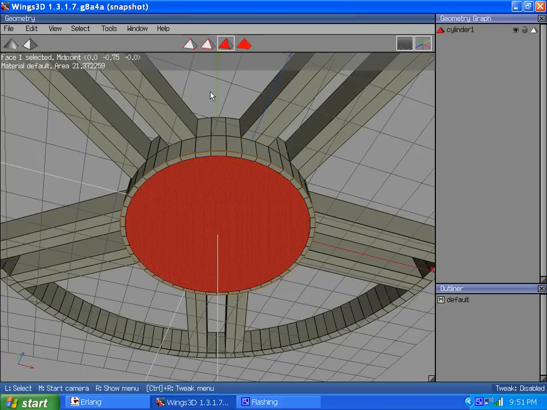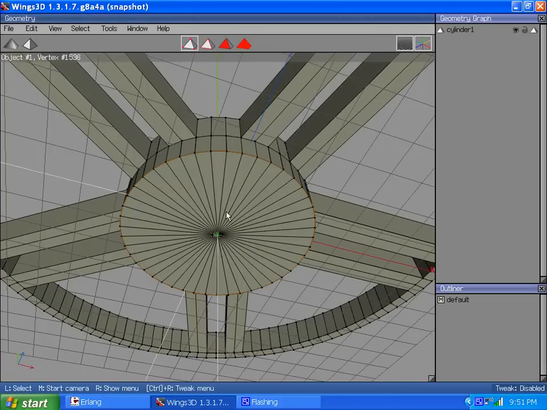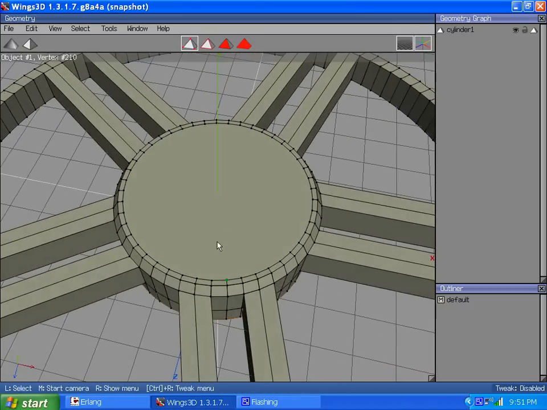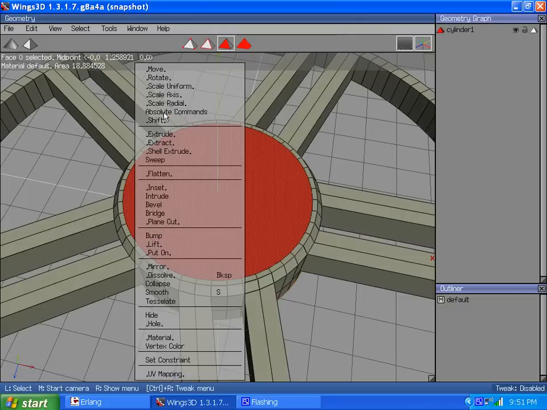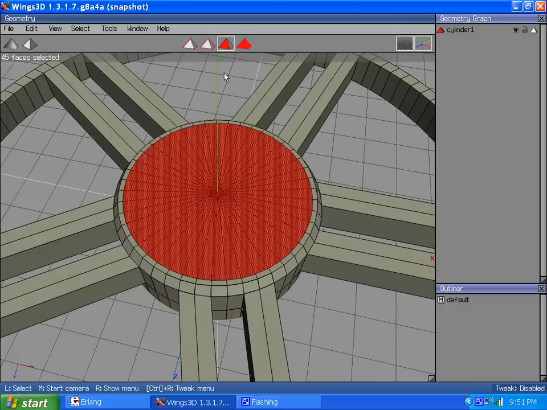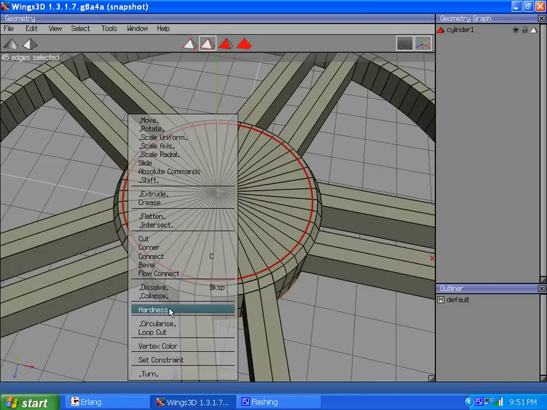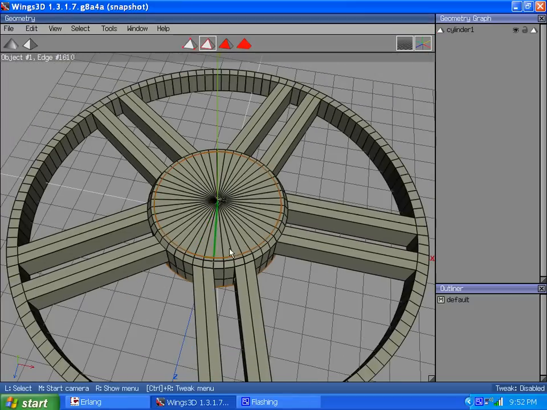And this one I'm going to collapse. Why don't I unset and collapse? And I hit L for loop. Make that hard. If you don't notice, I can shift sections or